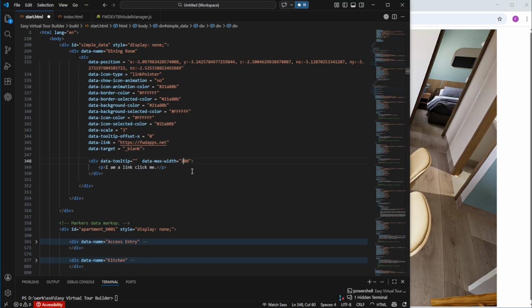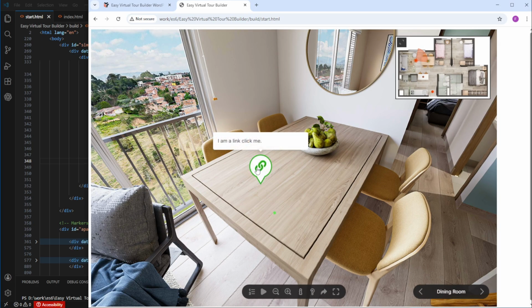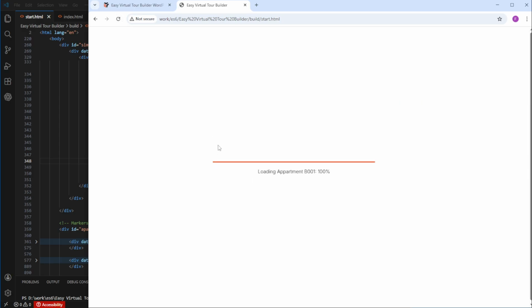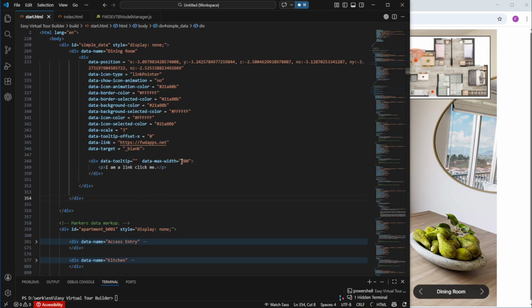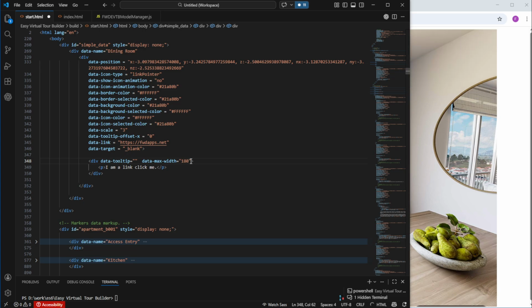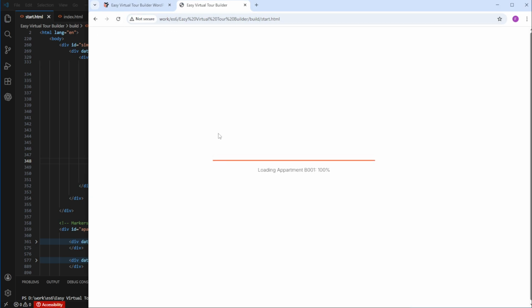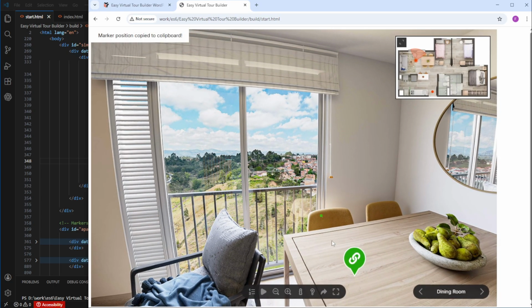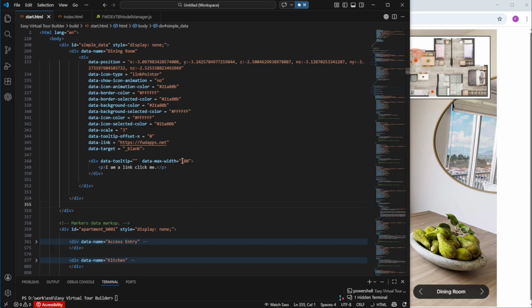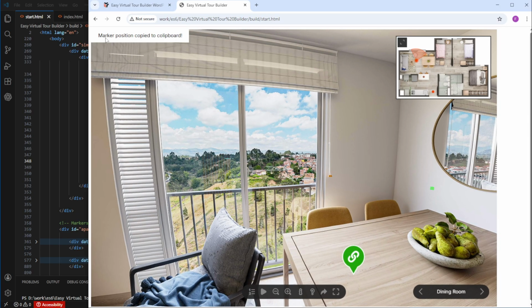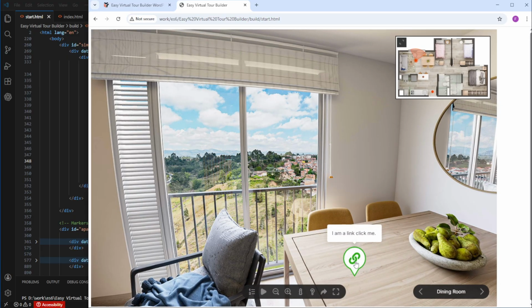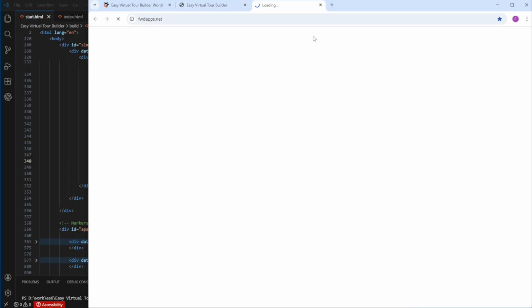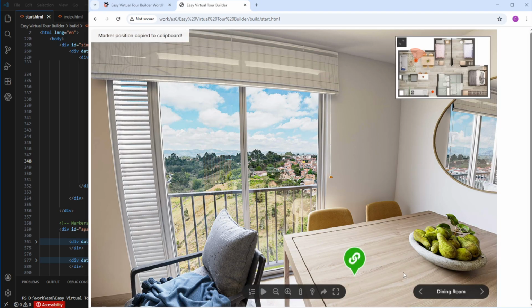So let's make it, for example, 200 pixels, because right now the text looks weird. Better, but still too big. Some of these things you will need to do by trial and error, because it's impossible to tell the exact numbers here. So I think it was 100. Again, these are pixels. This is close. Now when I click, it will go to my website,